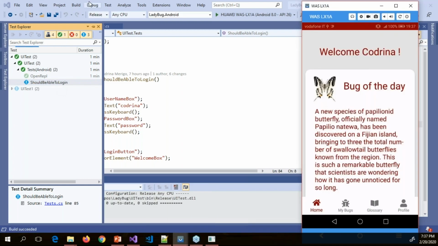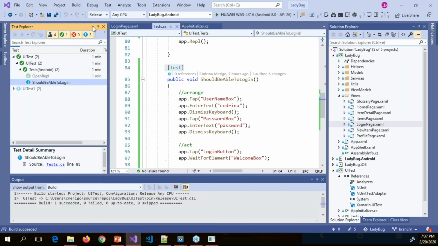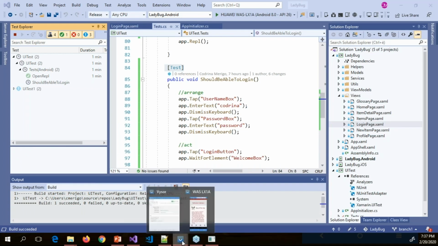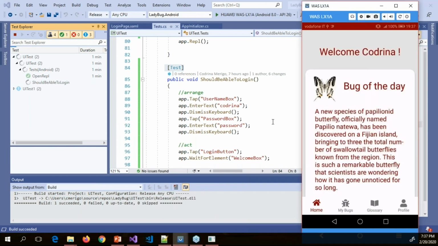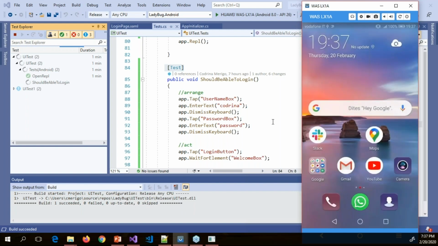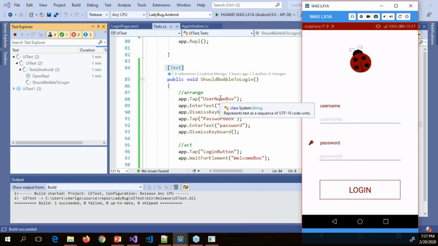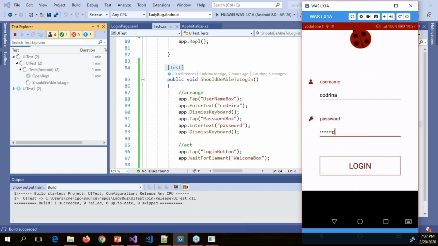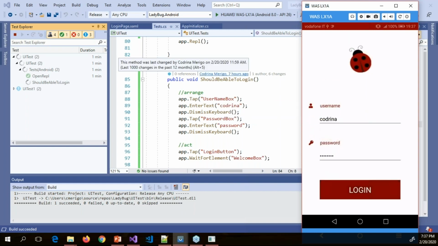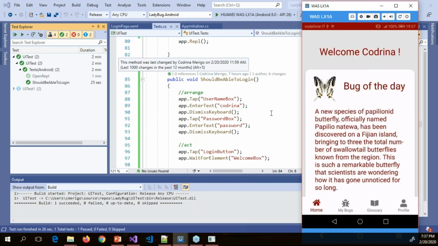Here is the phone, so the test, let me pin this here, okay, will look for the application and load it on. As you can see, if it's already running, it will close it and open it again. And if I have not misspelled something, it will tap on username, enter user, tap on password, then tap on the login,